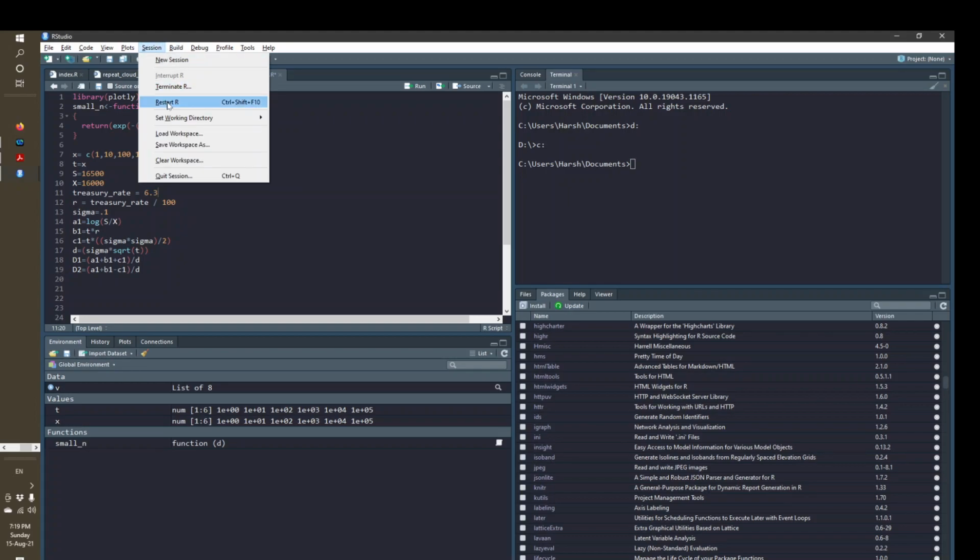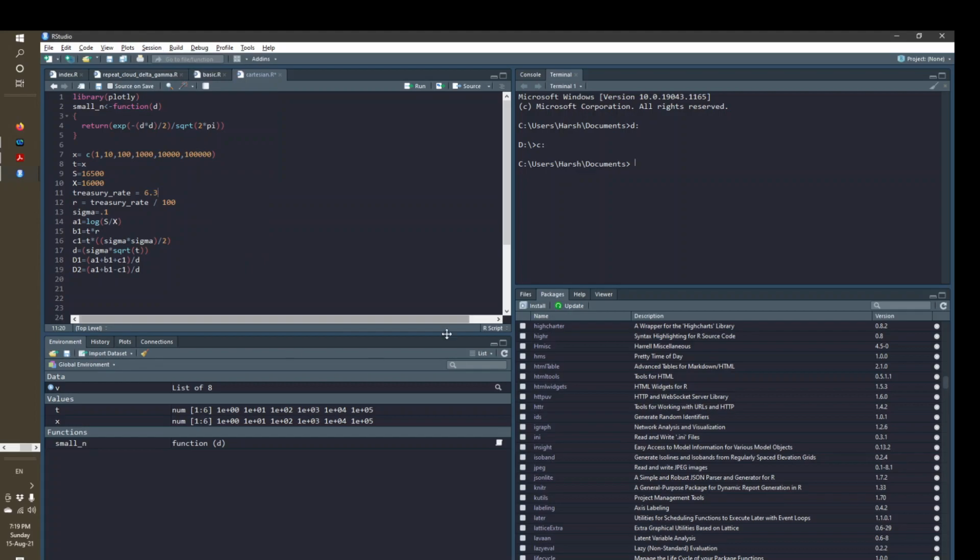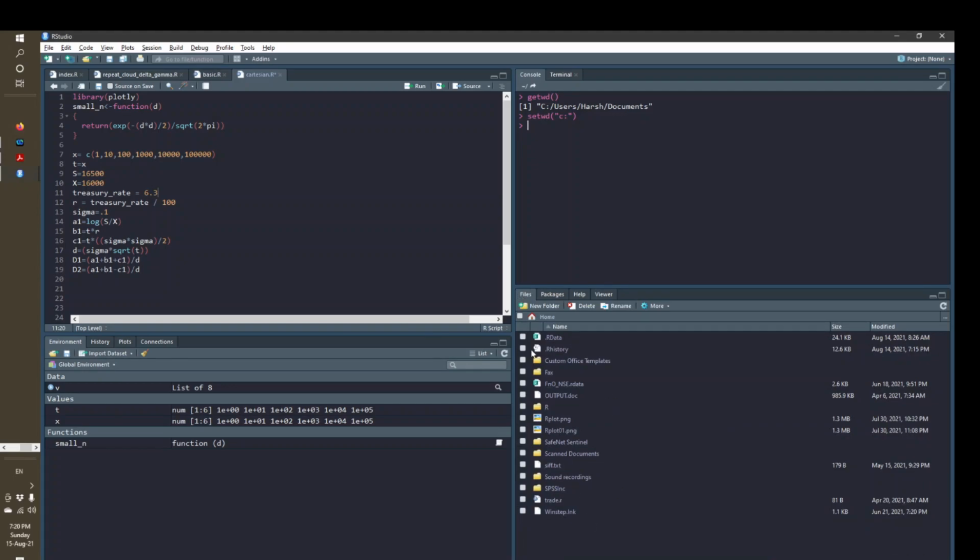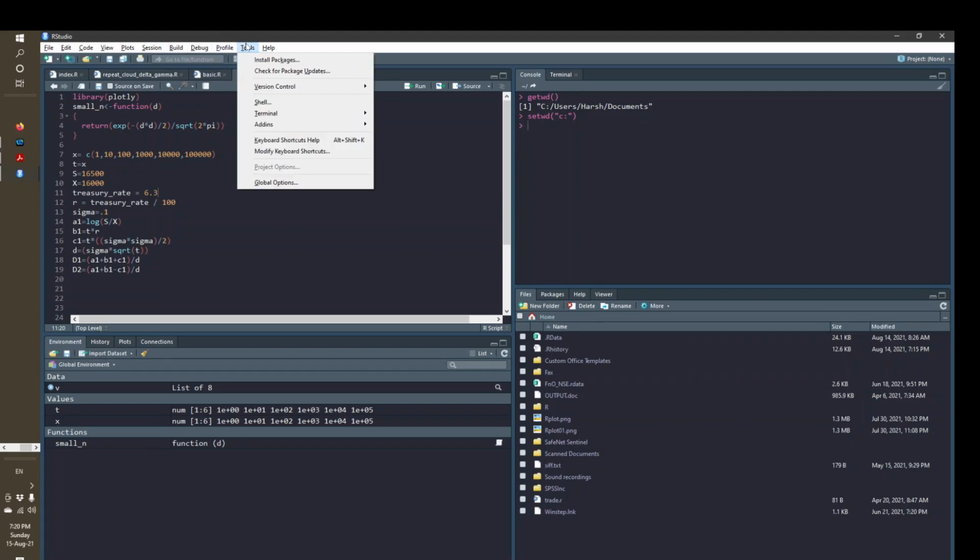You can change it if you want using the commands, let's say setwd, getwd. So getwd tells you what is the current working directory, and for setwd you have to give the complete path. Okay, like I can say C drive. Now whatever I save will be in C drive, and things will change here after some time when I refresh it. In this way the working directory can be changed. There are lots of commands we will talk about gradually.